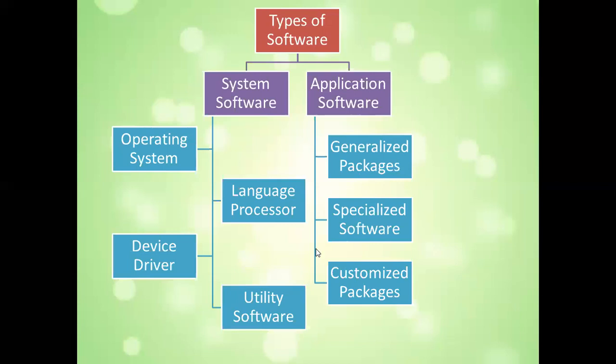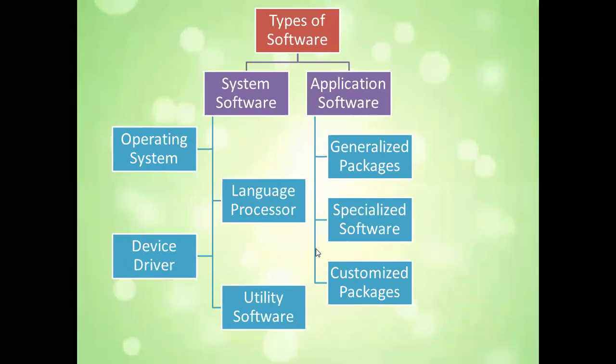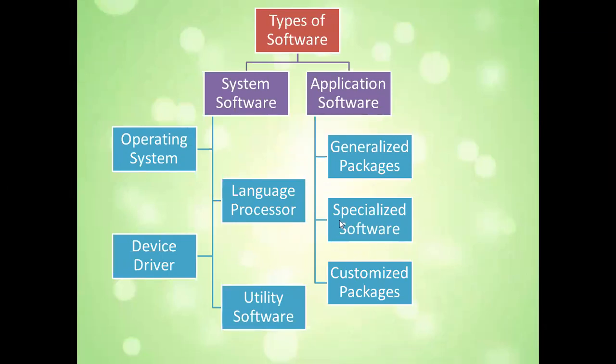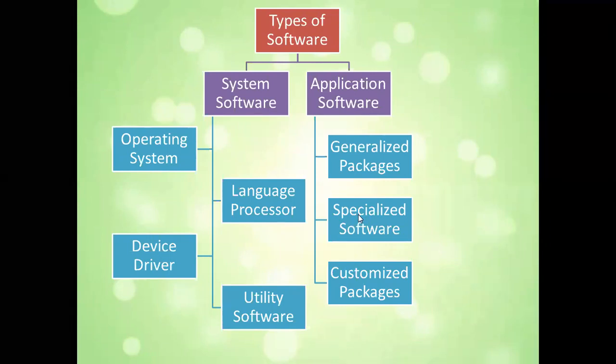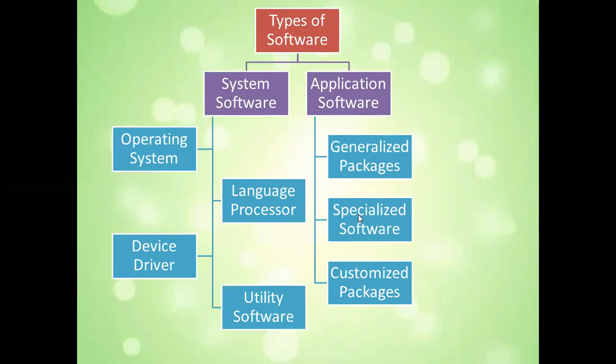Next is specialized package. Specialized package means which I'm using for a particular purpose. I have purchased it for a particular purpose and then I'm using it. This also remains common for everyone, but not everybody is using these software. For example, if I purchase Photoshop, I can purchase any version of Photoshop, and it will work in a different way in my system, because you are having a different version of Photoshop, so it will work in a different way in your system.